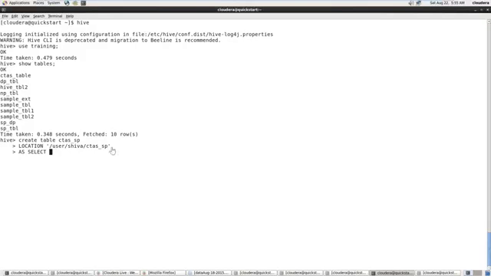So this is a static table. We can also specify only a certain number of columns or all columns. So we can just do select star from